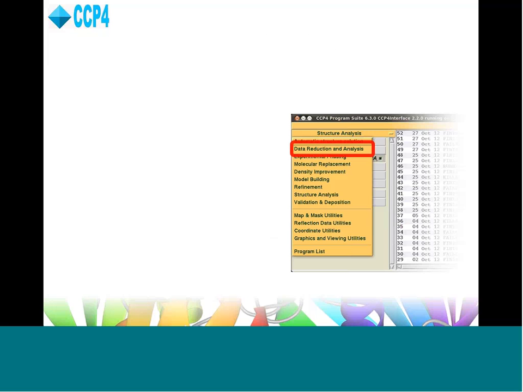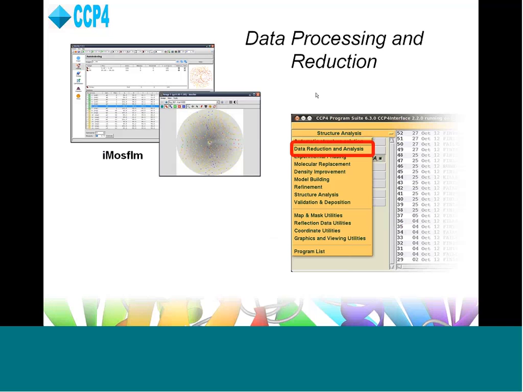So I'll go through some of the existing software and some of the new stuff, and I'll step through the interface menu just to highlight where you can find each of these packages. So the first point is data reduction and analysis, and in that area we have iMOSFilm and MOSFilm, iMOSFilm being the new graphical front end to MOSFilm, and we have a new version of that